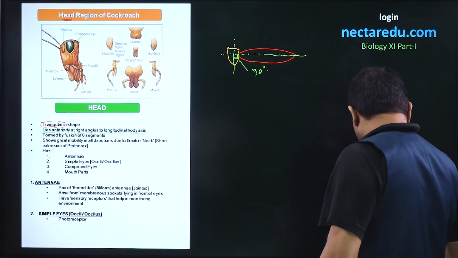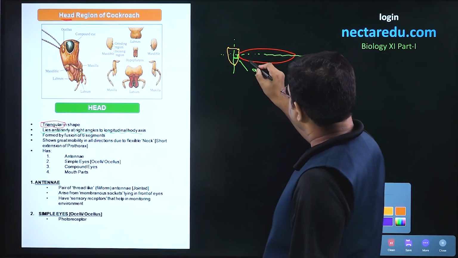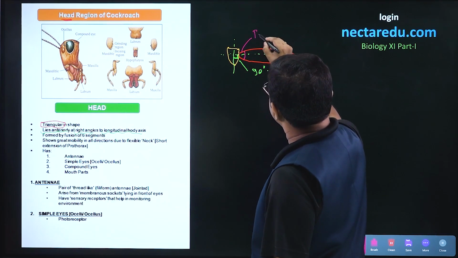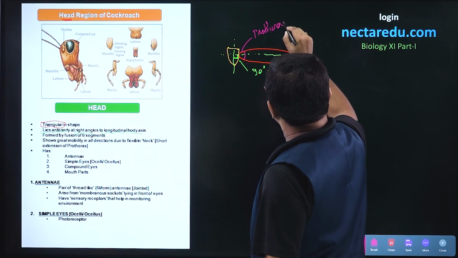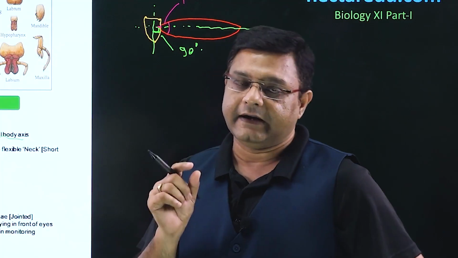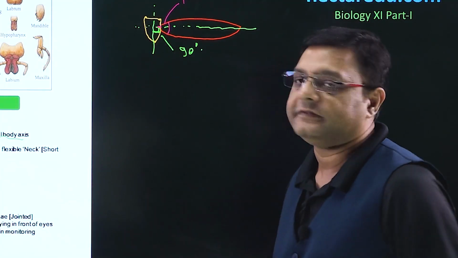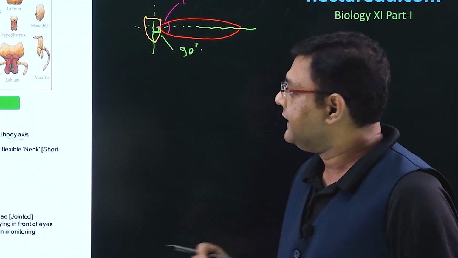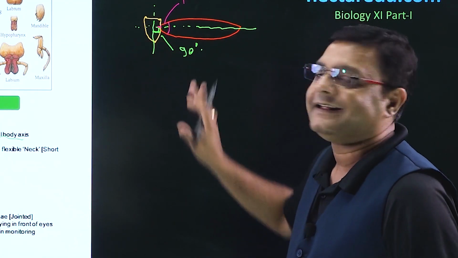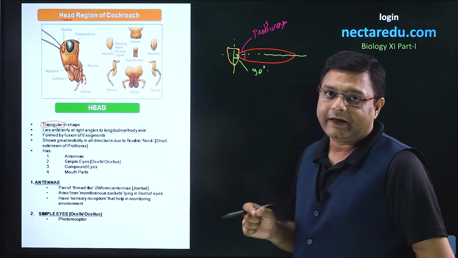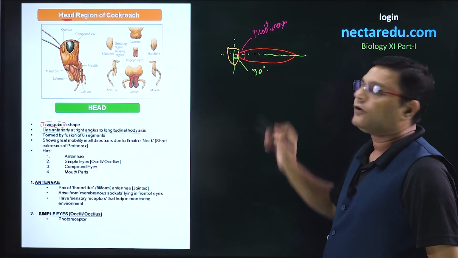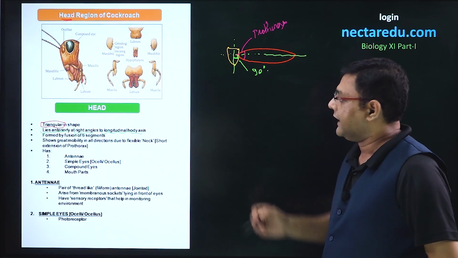Now, this head will be connected to the thorax. This is the thorax. Now, the first segment of thorax, it is called as prothorax. So, prothorax will have a small neck which will extend out and head will be connected to prothorax with the help of this neck. Now, this neck is highly mobile, so cockroach can move its head in all direction. It gives mobility to the head in all direction. So, the point to be remembered here is that neck is not a part of head. Neck is a small extension of prothorax and it attaches to the head.